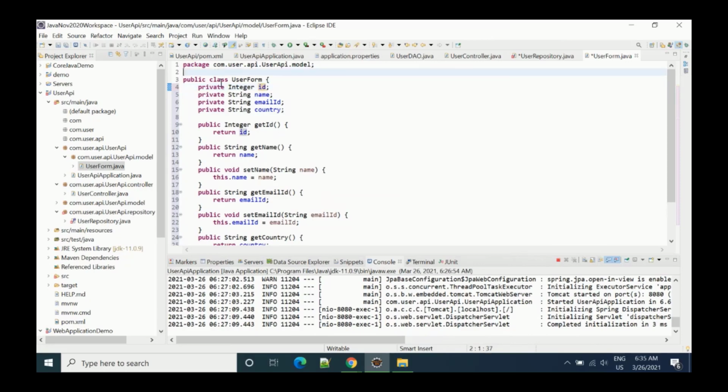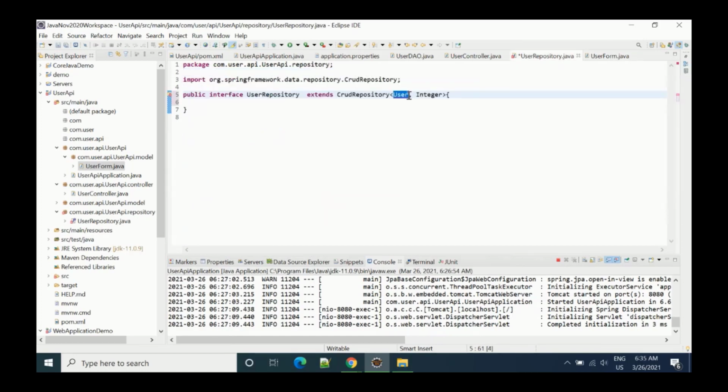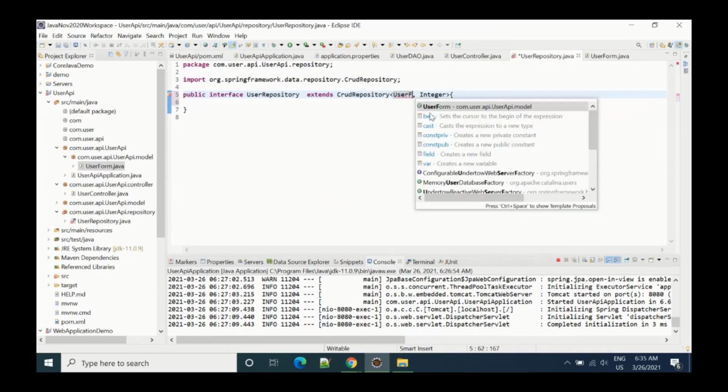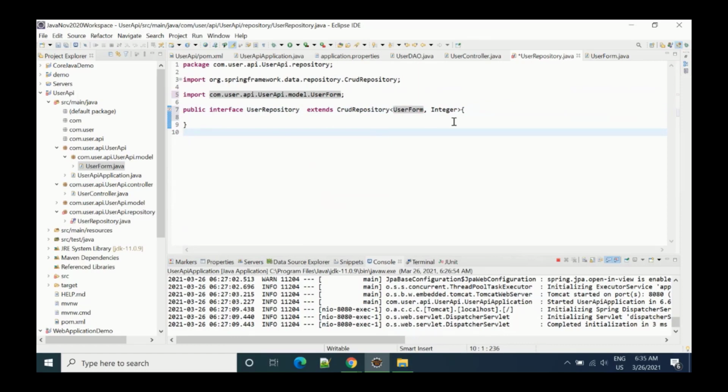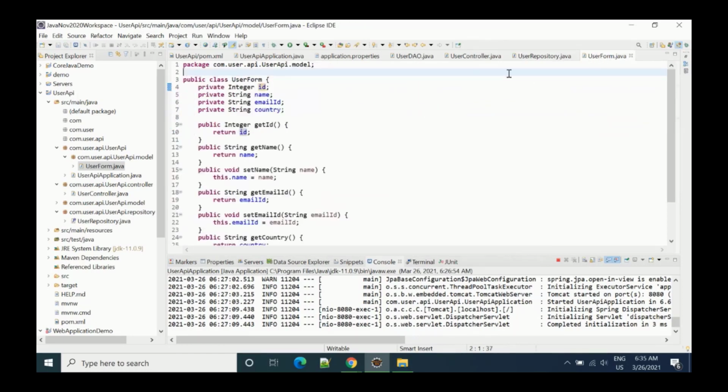And currently we are working with, okay, so user form we have created. Let me just import that. Instead of user, I'll write user form. Okay, so now user form is fine in this particular class. Now we don't need to do anything else. Let's come to this one. We want to connect this with the database.